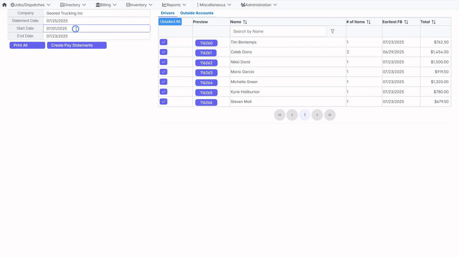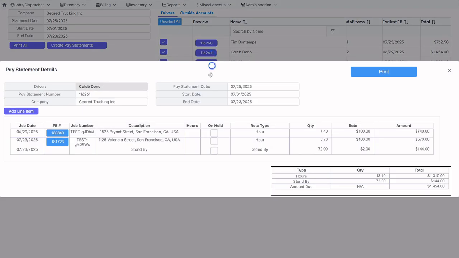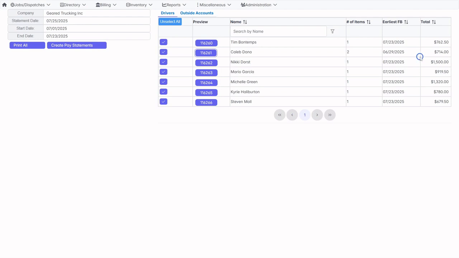For instance, we set up a pay period from July 1st to July 23rd, but we can see on our driver Caleb that he has an unpaid freight bill from June. If we wish to leave this item off of Caleb's pay statement, it is as simple as opening up the preview, marking that freight bill as on hold, and closing the preview. You will now see Caleb's total has been updated, and when you create the pay statement, that line item will